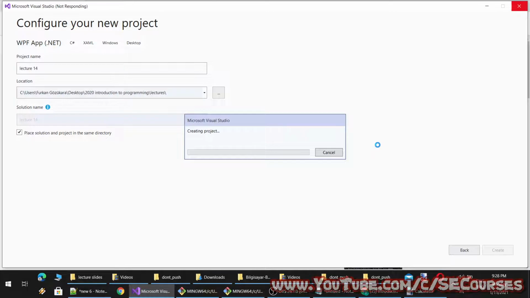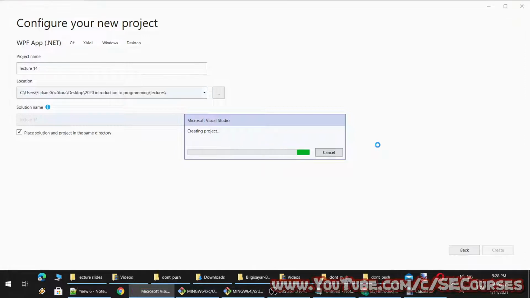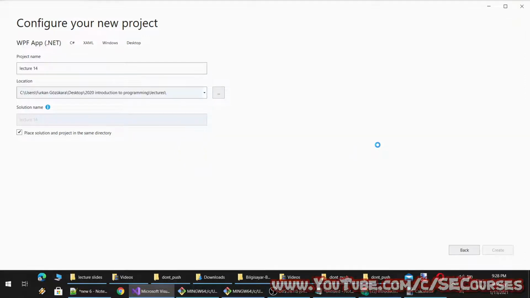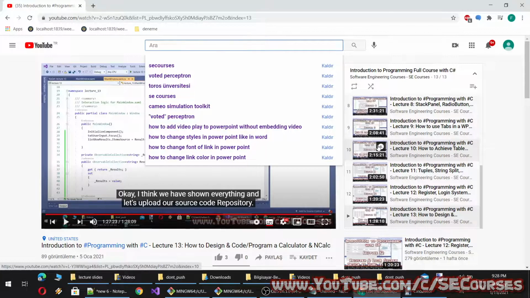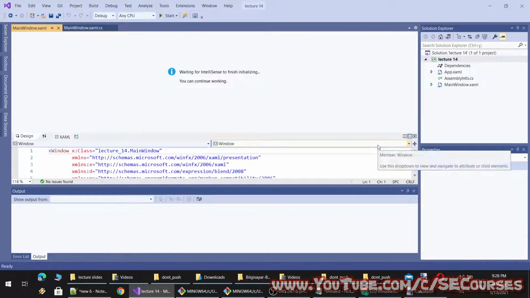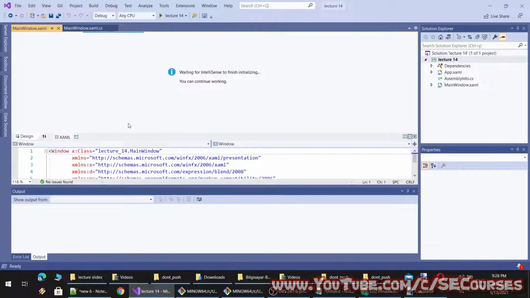So I will make a simple interface to write some text and save it and load it back. And then you should be able to implement it in your semester project. All right. So I will put a text box to use as a username here.